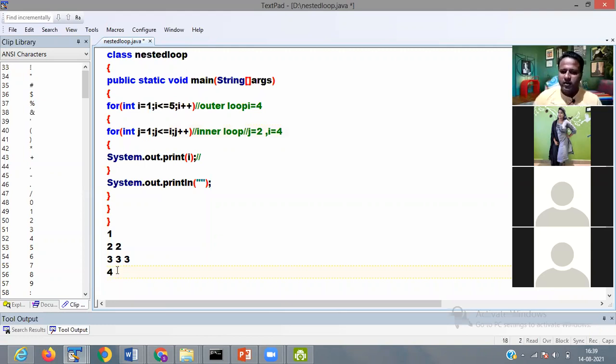Then j value is incremented to 3, 3 is less than 4, condition is true, then again printing you 4.